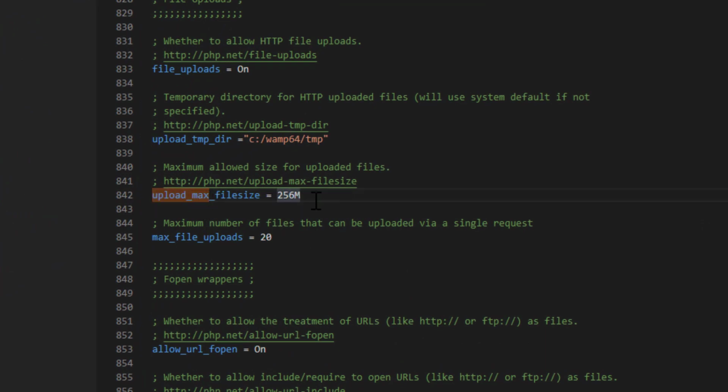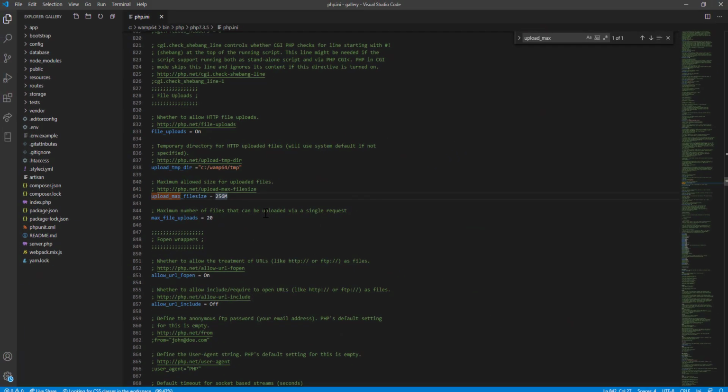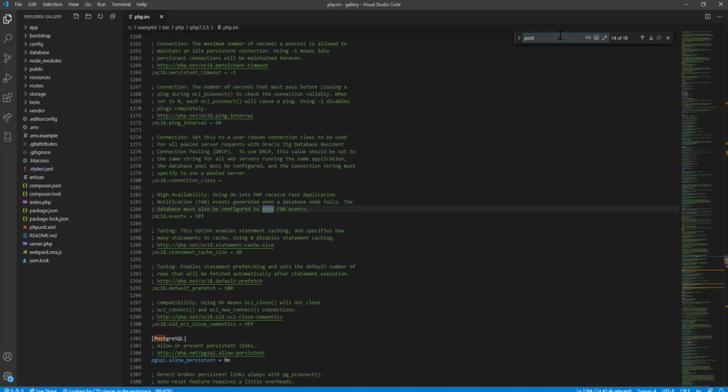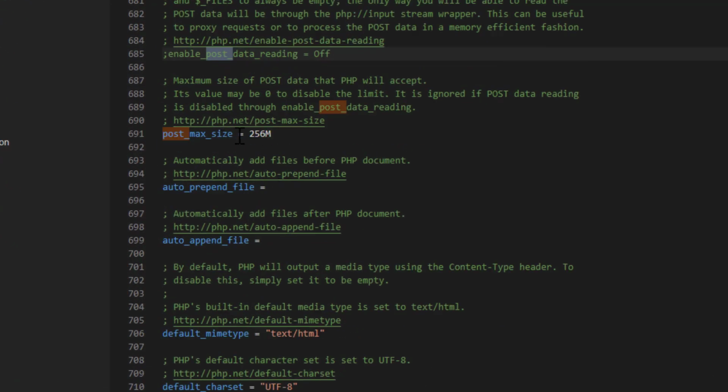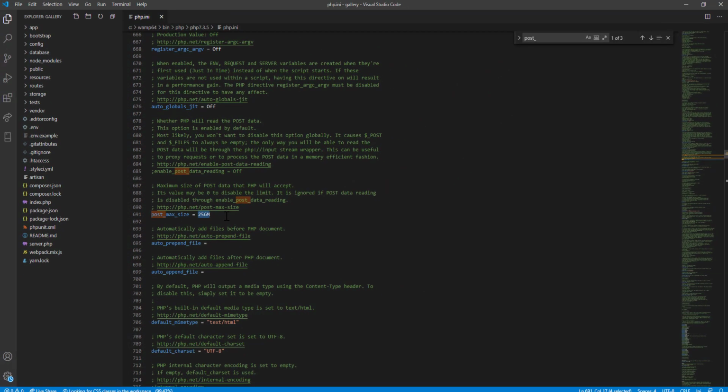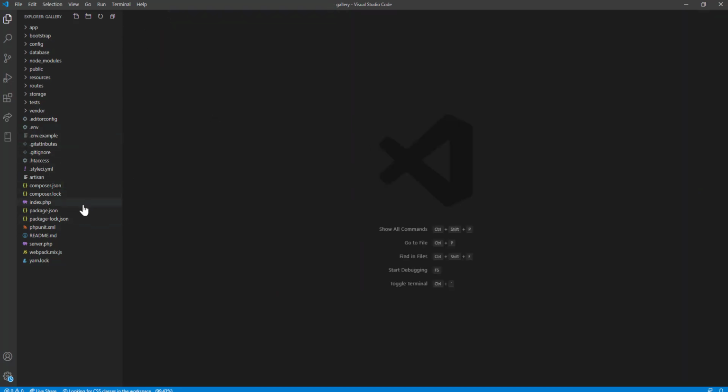I already have edited it, but before it was 4M or 5M, so you can change it to 256M. And the other thing that we want to change in here is post_max_size, and it was also 5M and I changed it to 256M. After changing these two, you have to save it and close this file, and after that you have to go to